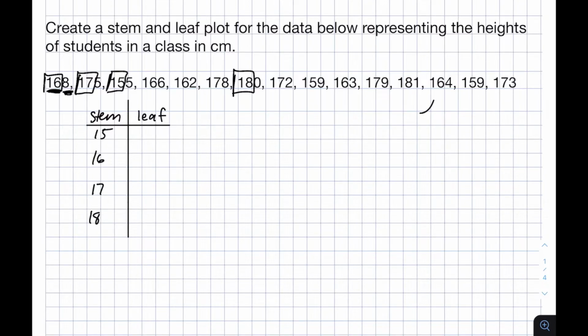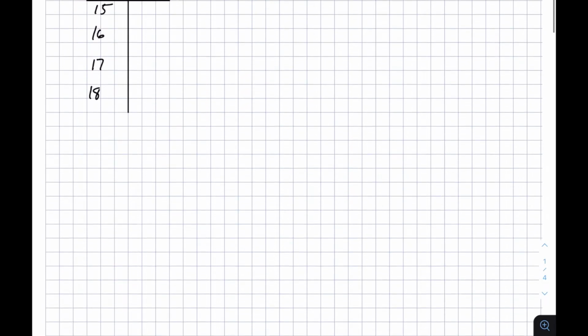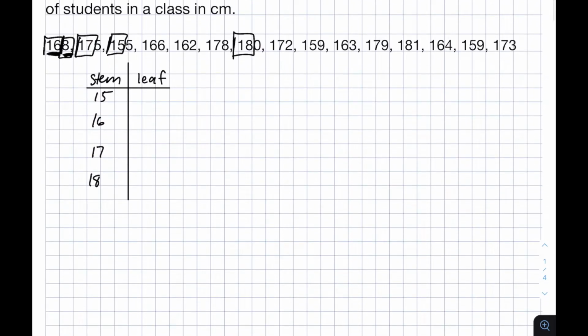Now all we have to do is go through this entire data set and find the last digit of each number and put it in the corresponding stem. So this one is 8 for 16, this one is 5 for 17, 15 and 5, 16 and 6, 16 and 2, 17 and 8, 18 and 0, 17 and 2, 15 and 9,